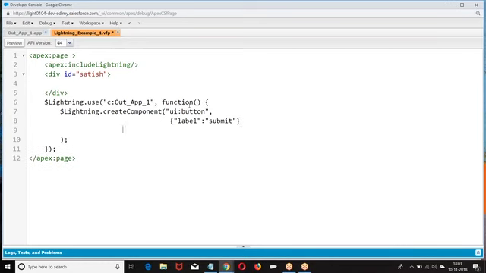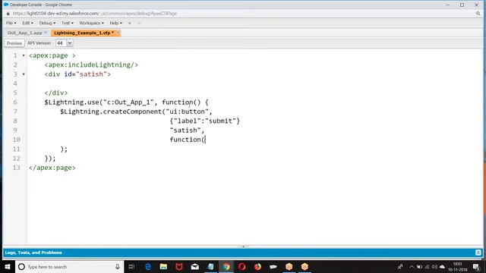Third, once you create this component, where do you want to display it? I want to display this component in the element whose ID is Satish.